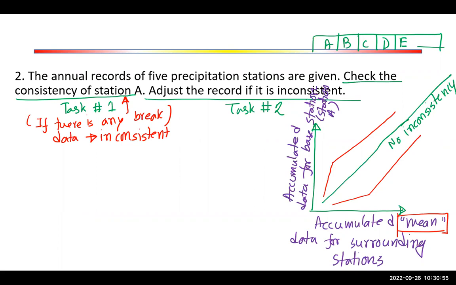Now task 2: once we know the data is inconsistent, we need to fix that. Now there are multiple ways to fix that. One way is, if we already know which data set is the problematic one, the task is easy. If we don't know which data set is the problematic one, we usually go for the larger data set and we want to fix the smaller data set. Okay, so I will just write down 2 points, and if you think I need to write down more, we will do that. So this is the A, this is the B, this is the A, this is the B. Okay, and all the time here C, C.